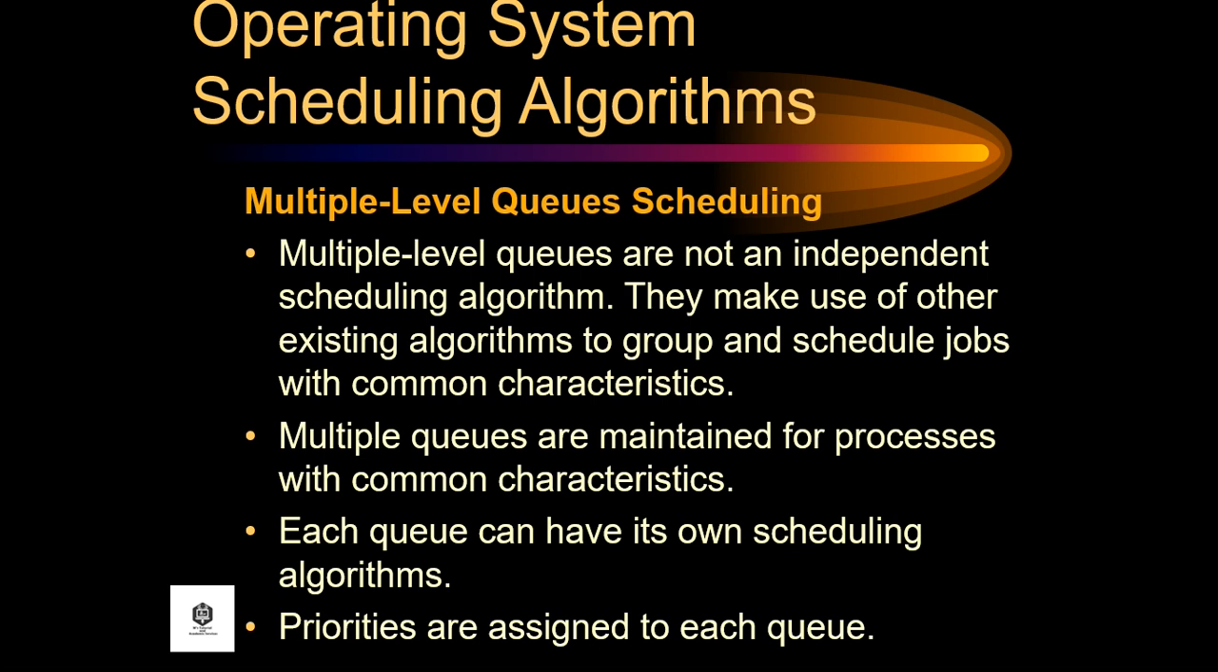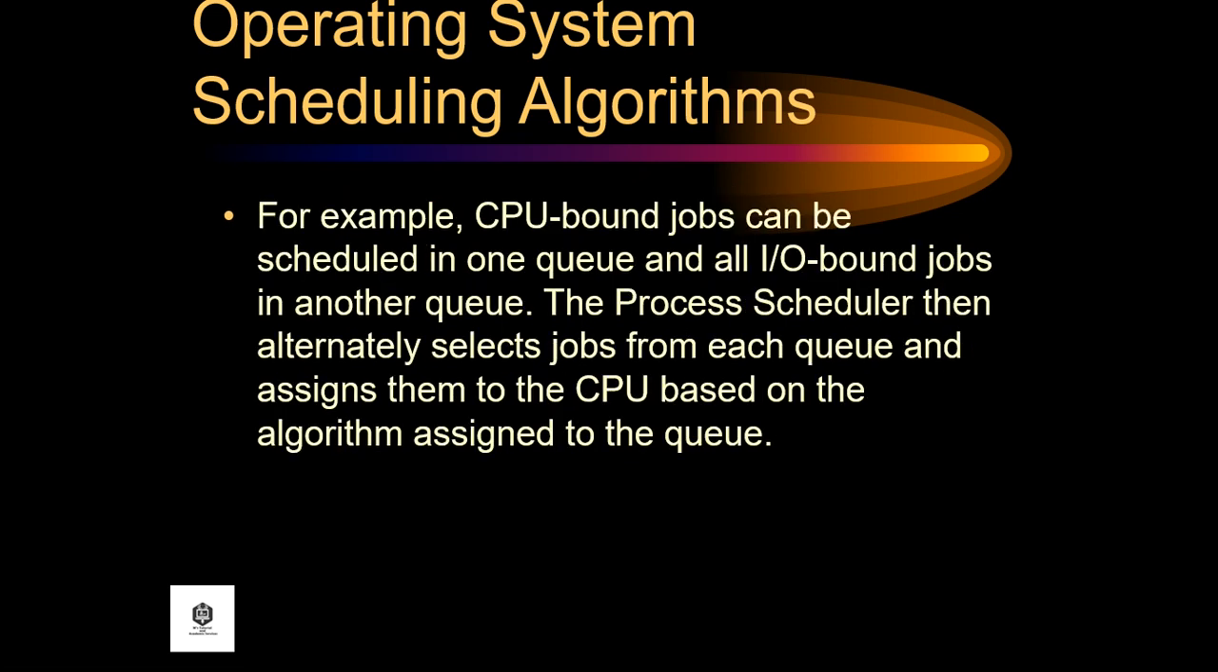Next is multi-level queue scheduling. Multiple-level queues are not an independent scheduling algorithm. They make use of other existing algorithms to group and schedule jobs with common characteristics. Multiple queues are maintained for processes with common characteristics. Each queue can have its own scheduling algorithm, and priorities are assigned to each queue. For example, CPU-bound jobs can be scheduled in one queue and all input-output bound jobs in another queue. The process scheduler then alternately selects jobs from each queue and assigns them to the CPU based on the algorithm